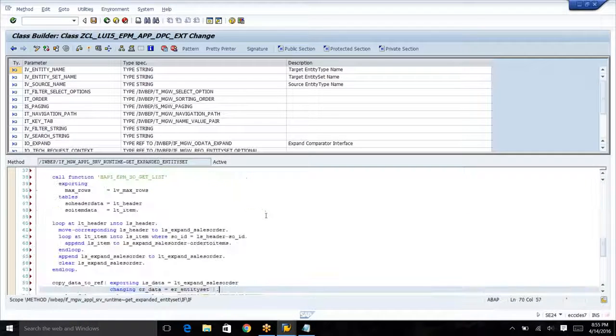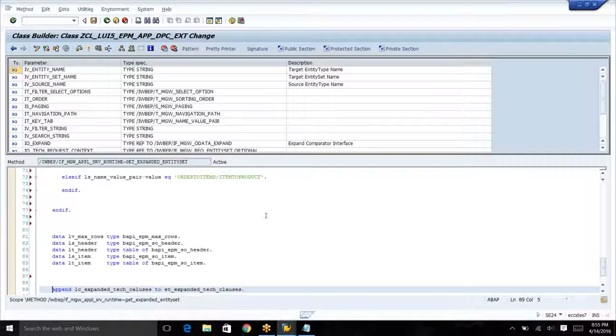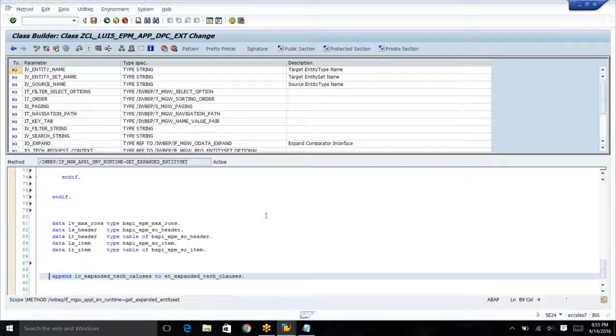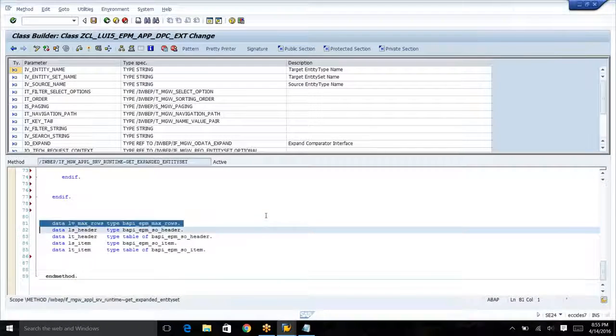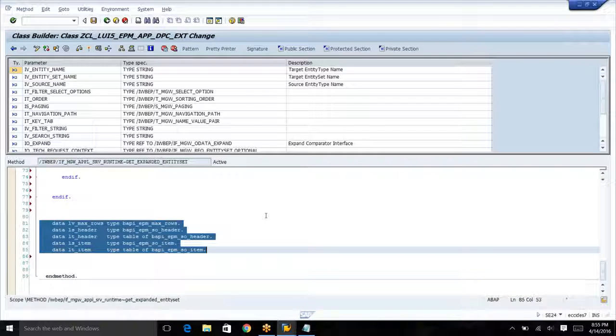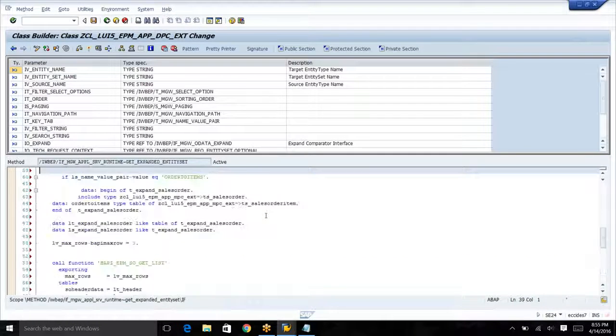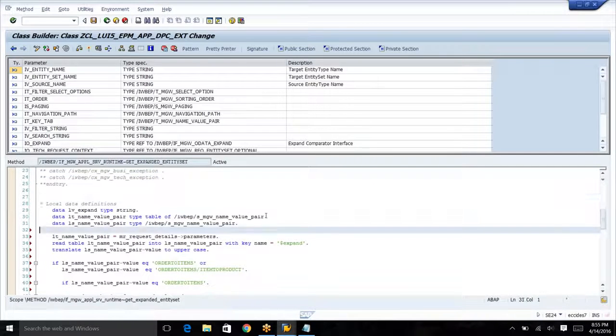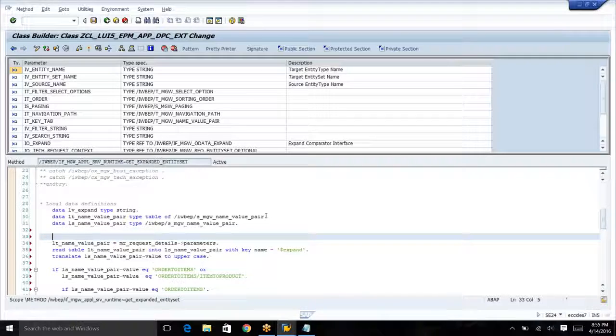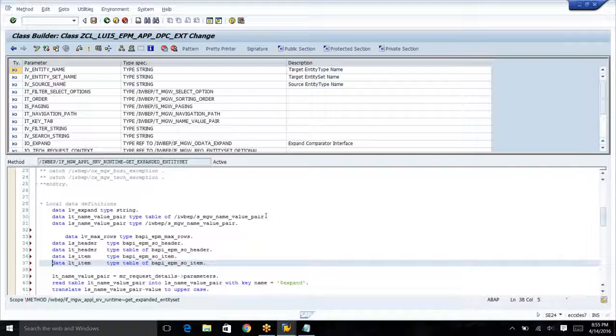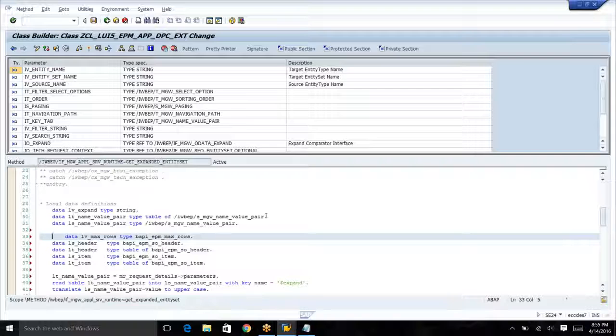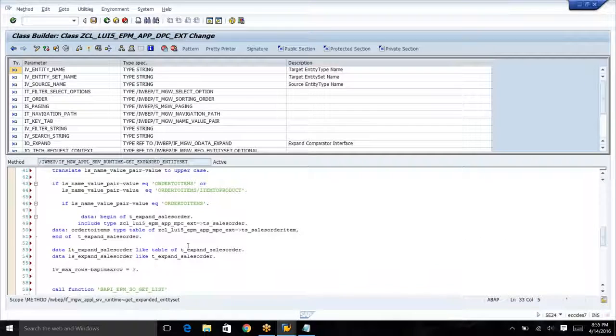We have already discussed it. I'm going to keep all the data types which apply for both the expand clauses outside of this if. So if it is one of it,